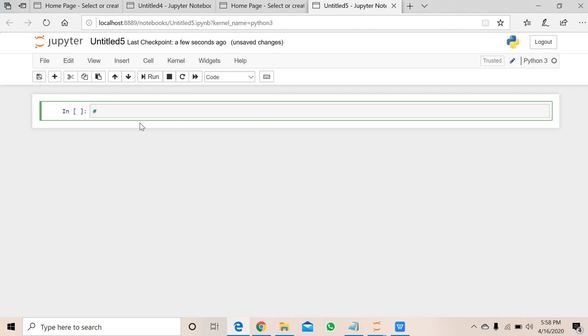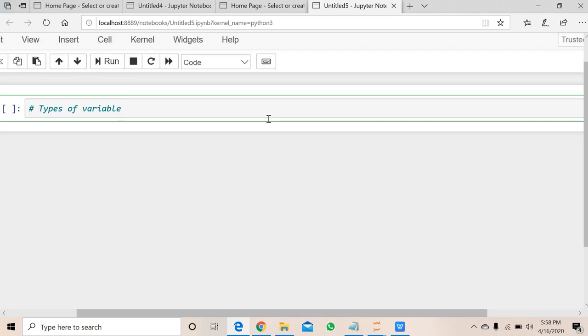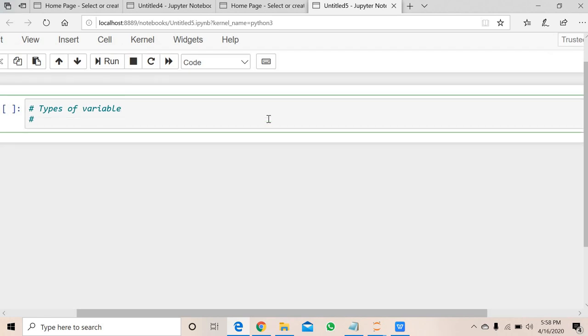In that we will discuss the types of variable. In the types of variable we will discuss the four types. First one is the integer, second one is the float, third one is the string, and the last one is the boolean type.